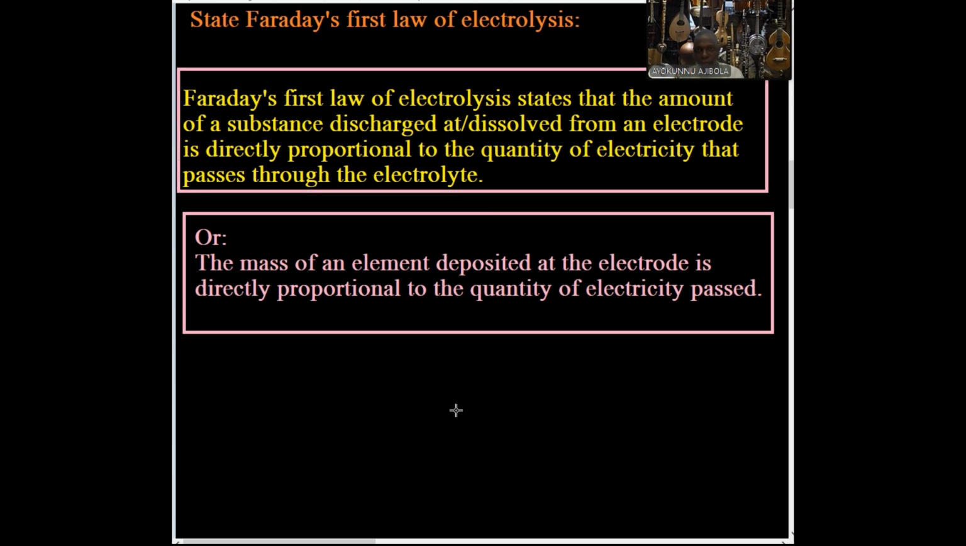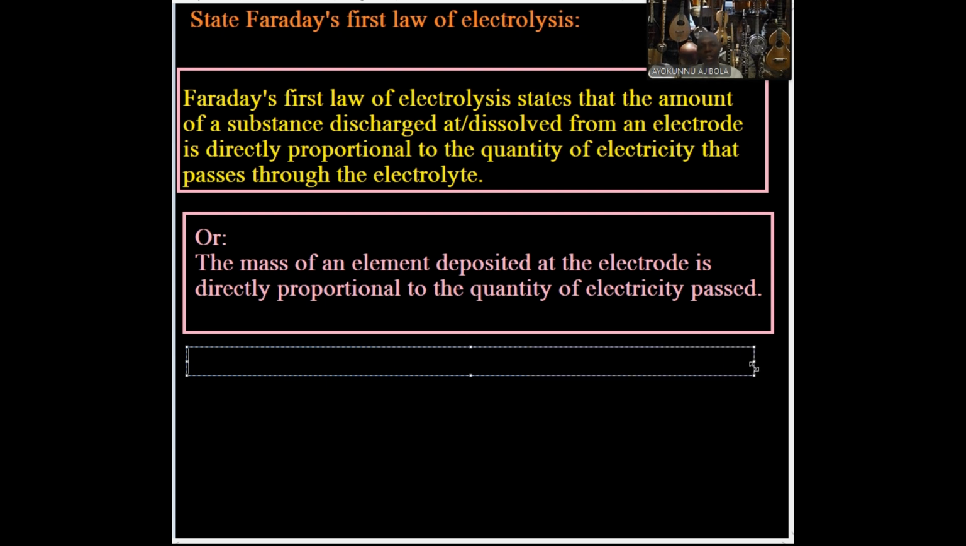The mass of an element deposited at the electrode means that the amount of a substance dissolved from an electrode is deposited. Hold on. The meaning is that the greater the quantity of electricity passed through the electrolyte, the greater the mass of the element deposited. What did I say it means? The greater the amount of electricity,